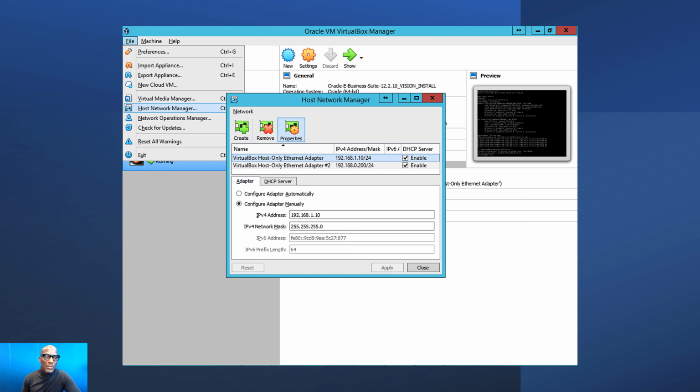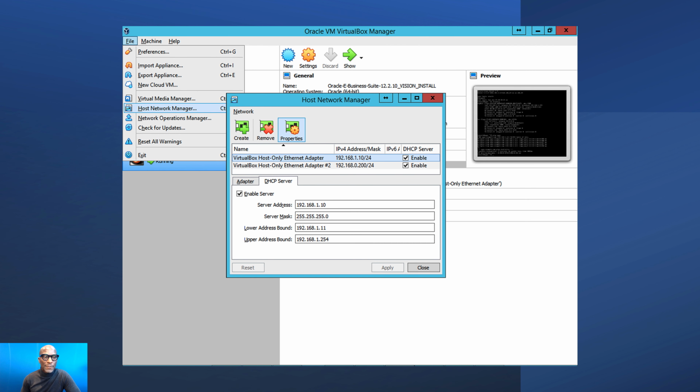and I've added one manually. It's 192.168.1.10, and with my IP4 network mask in there, 255.255.255.0. So you can create a new one or amend an existing one. And in the DHCP server settings, you need to enable DHCP server. You can see that you've got the